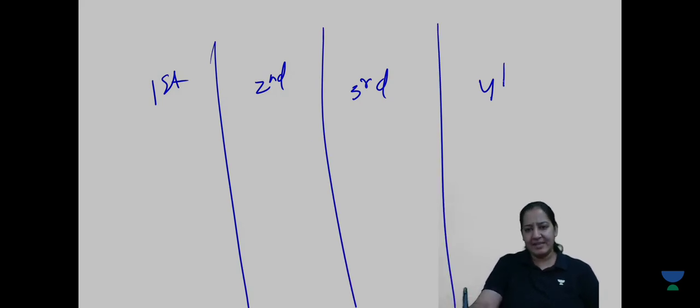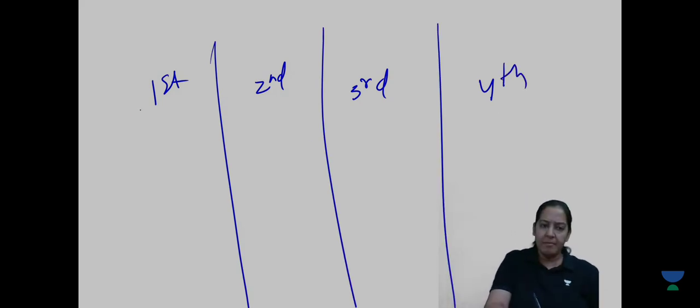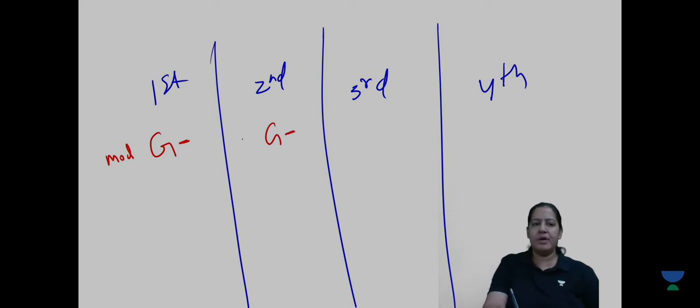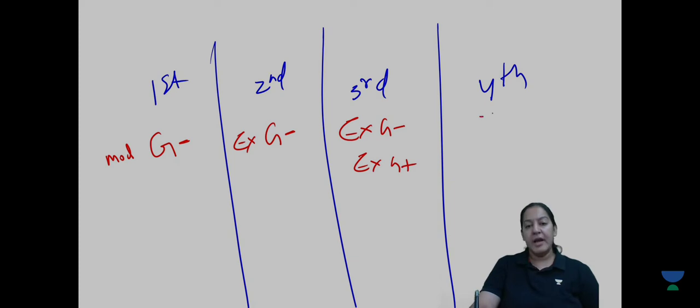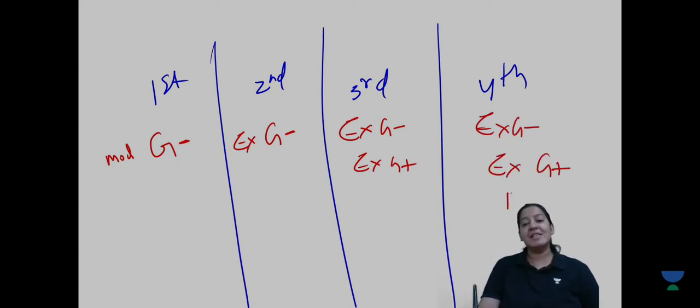So tell me what is the difference between first, second, third, and fourth generation. It is based on the spectrum. So can someone help me with the spectrum? First generation acts only against gram negative, and that too with moderate activity, right? Second, also against gram negative only, but that is expanded gram negative, no gram positive till now. In third generation, expanded gram negative is there, but expanded gram positive also came, right? In fourth generation, expanded gram negative is there, expanded gram positive is there, along with that anaerobics also came. So this one is the broadest.